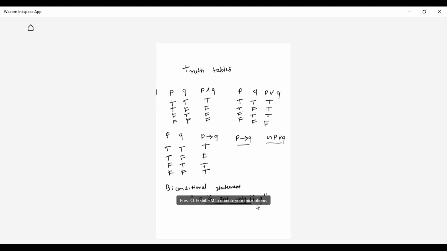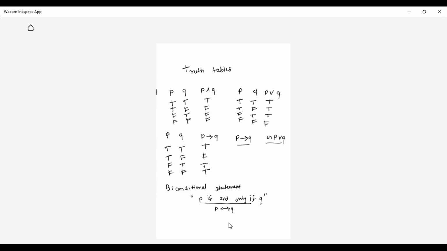And it is represented as P, a both-ways arrow, and Q. Now, how do I write the truth table of this? Remember, students, whenever you have equal truth values, only then will you get the result as true. Otherwise, you will get the result as false.